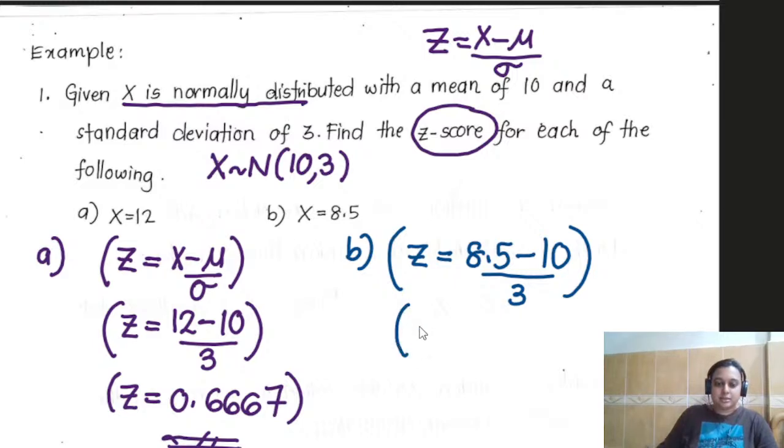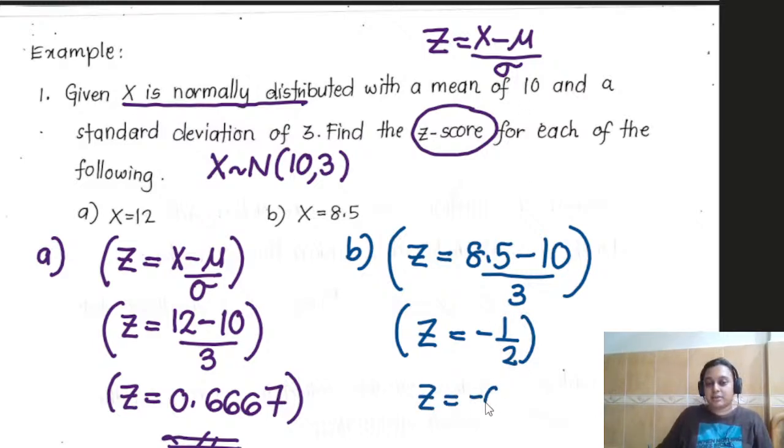We get Z equals to negative 1/2. Tapi jangan tulis dalam bentuk pecahan. Tulis balik, write back in decimal. Z score is negative 0.5. That's all. That's the process. You just tukar sahaja. X tukar jadi Z. Okay. Now,